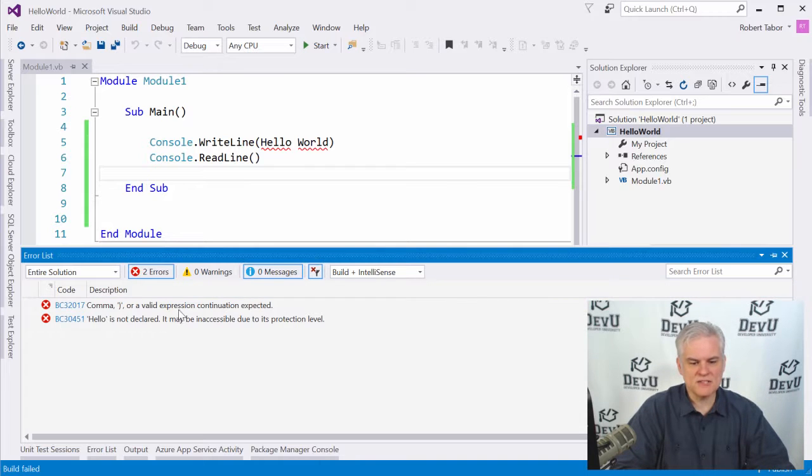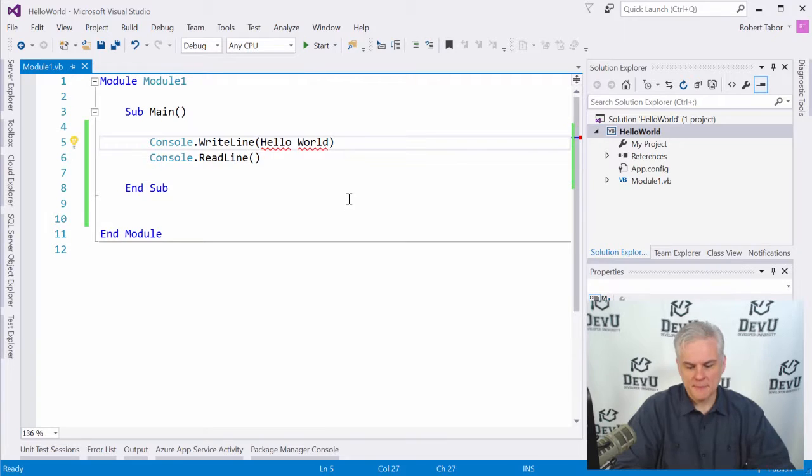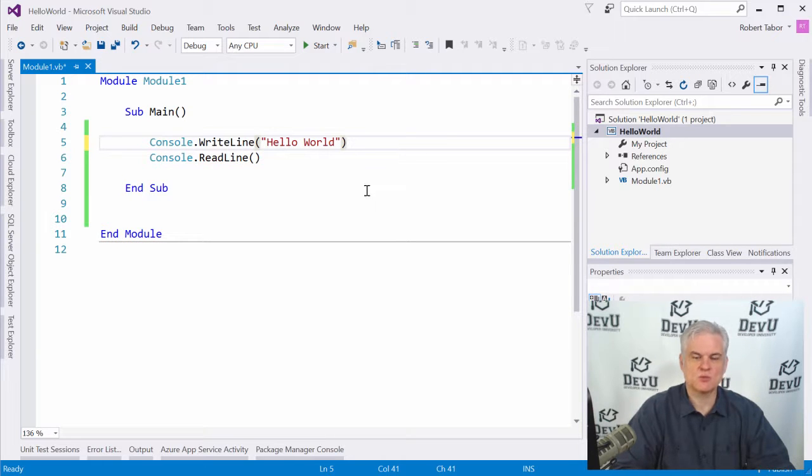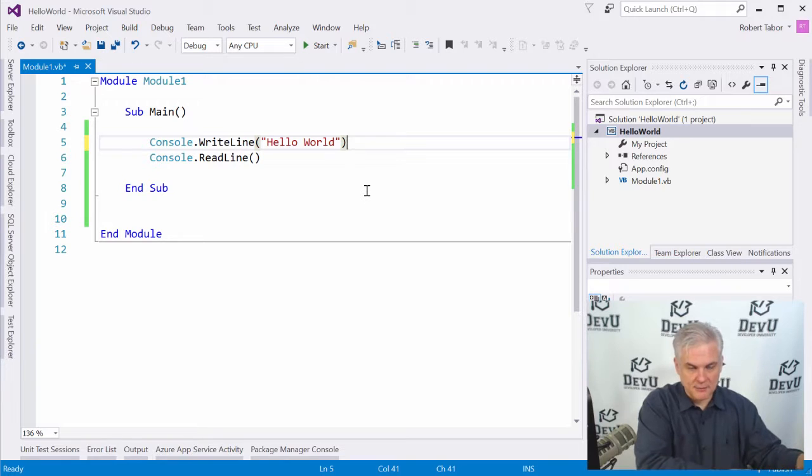Again, since we're not as familiar with Visual Basic at this point, the messages might throw us for a bit of a confusing loop. But the remedy is easy. Again, precision is important. We have to surround that message, in this case, with double quotation marks. And I'll explain in an upcoming lesson what that is really telling the Visual Basic compiler. All right, but that's how we would fix that issue.